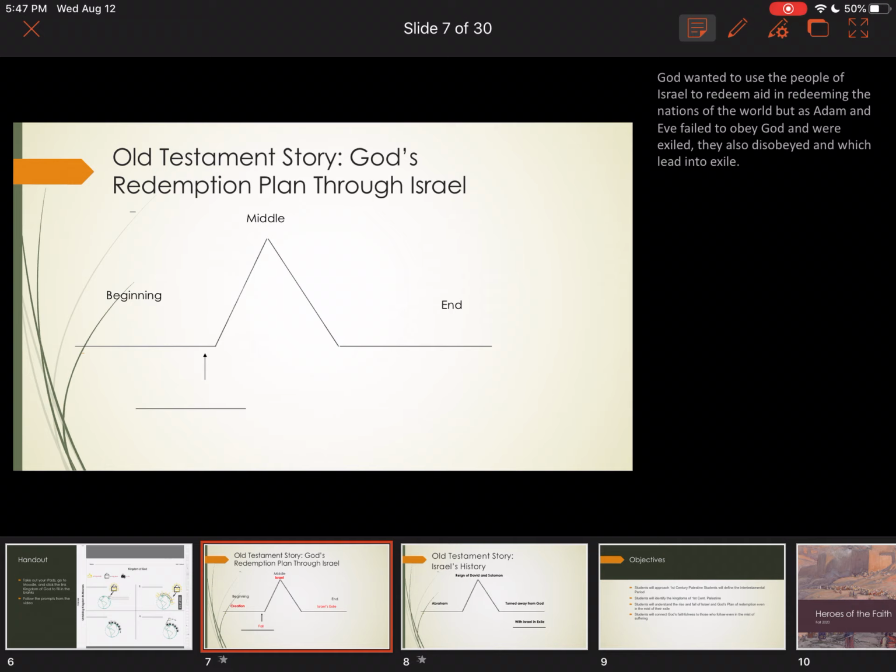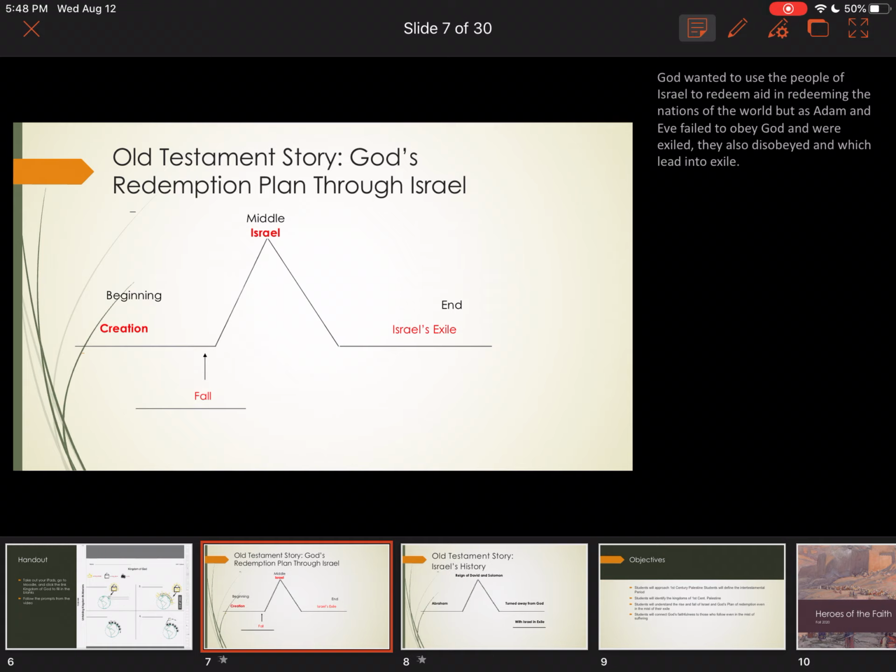Because by the time Israel was growing, there were empires that had already been established, and some of them were becoming huge, like the Egyptian Empire. So then we get the nation of Moses, and so they grow. And so the idea is that, again, in the beginning it was creation. In the middle of this redemption plan is Israel. And Israel is supposed to be the nation that follows God and to be an example to other nations so they can follow God too. But in the end, what happens? Israel goes into exile. Israel goes into exile because they sinned. They disobeyed God.